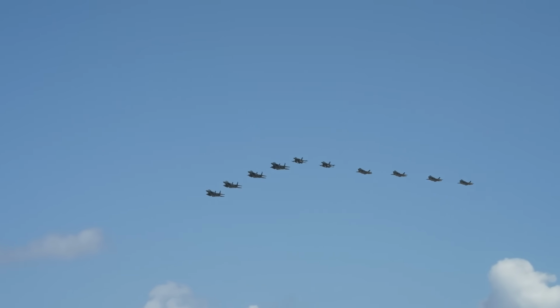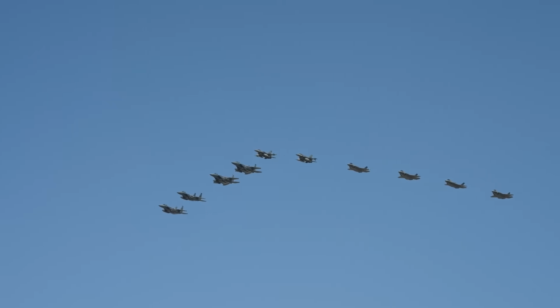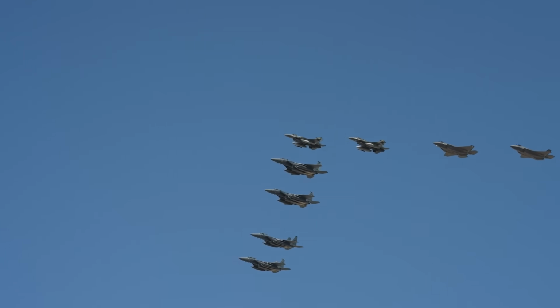It'll probably come as no surprise to you that the United States military operates some of the most expensive aircraft in the history of this planet. But how much do these platforms really cost to fly? And what exactly goes into these figures that we see bandied about in headlines so often? Let's talk about how much it really costs to fly America's tactical and strategic aircraft, starting on the cheaper end